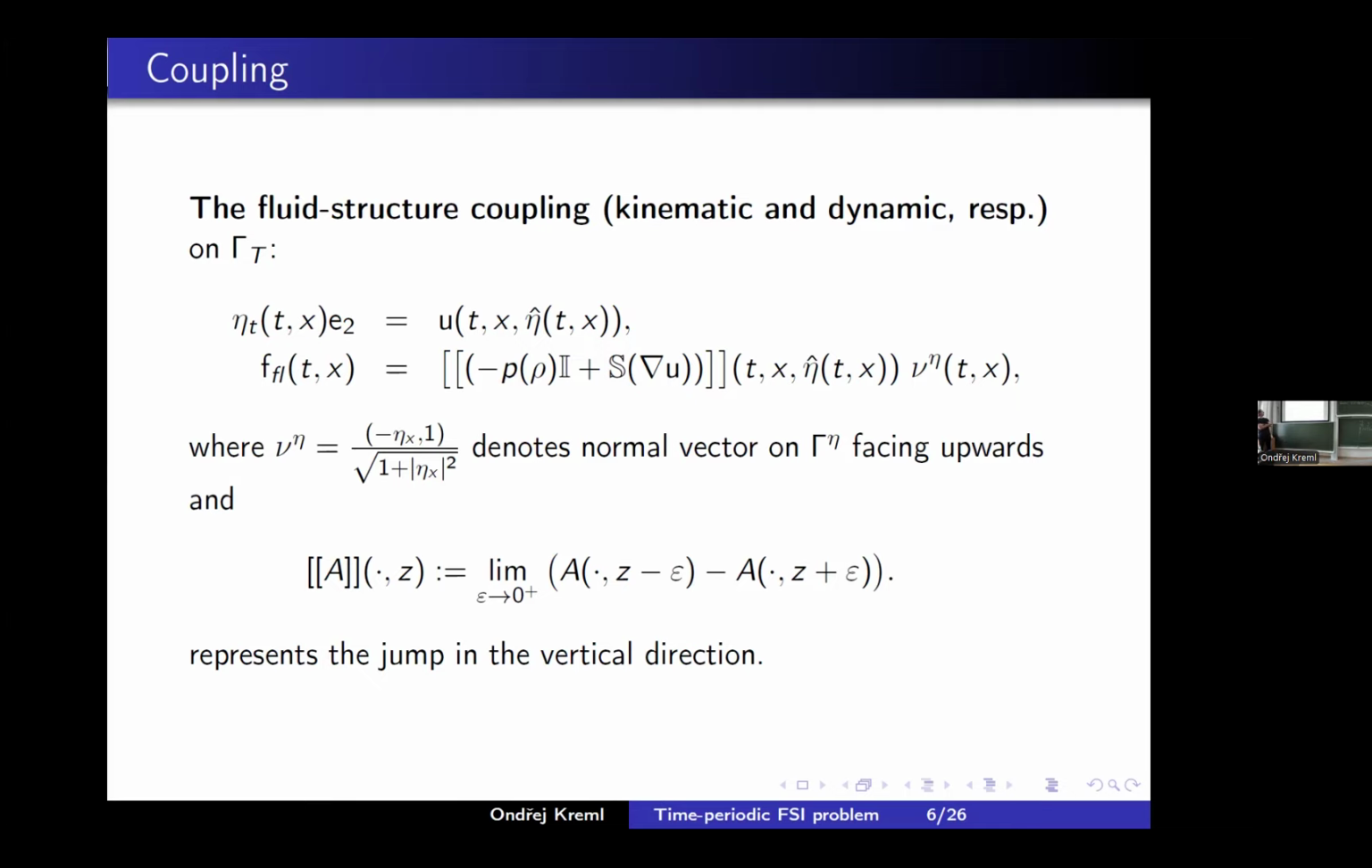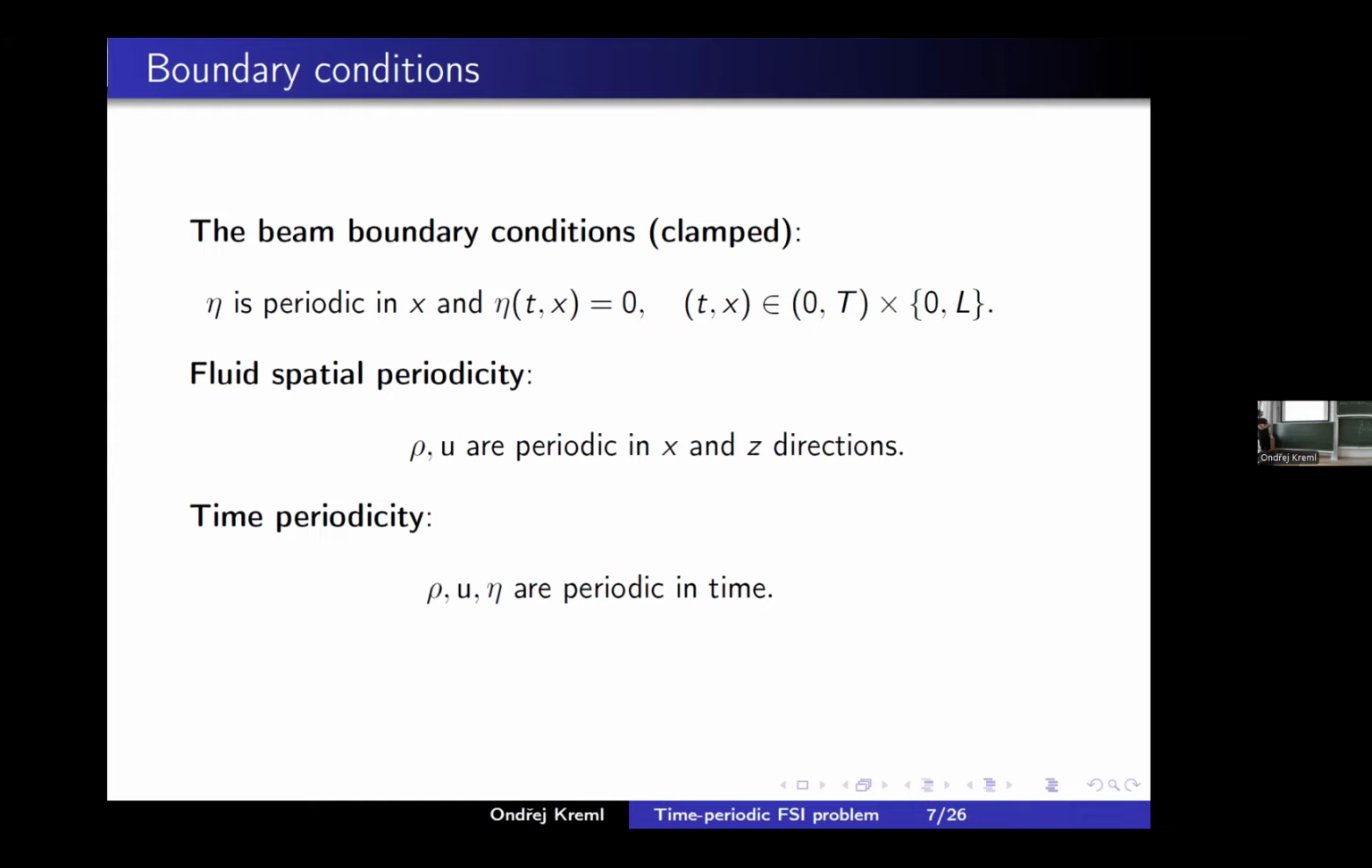Good. So moving further, we have almost everything, but we don't have the boundary conditions. As I said, we assume that the boundary conditions are such that the problem is periodic in all directions. So eta, the displacement, is periodic in the x direction, and the fluid is periodic in x and z directions. And moreover,